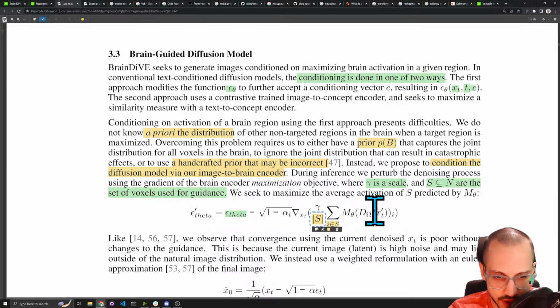You have your decoder, which is consuming the latent. It's producing an image. That image is being encoded with the brain encoder. And then you're summing over all of those to get the average activation. And then that average activation